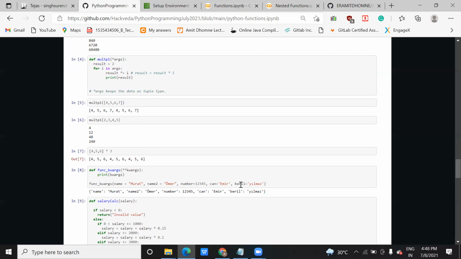It will work. You can see here I'm passing a keyword argument, right? I'm passing the name, which is a string, and this one is a number. But it is still working, right? This is a keyword argument. Here also it will work. In Python there is nothing like arrays. We use it in the form of a list only, and with the help of index only we will use it here in Python.